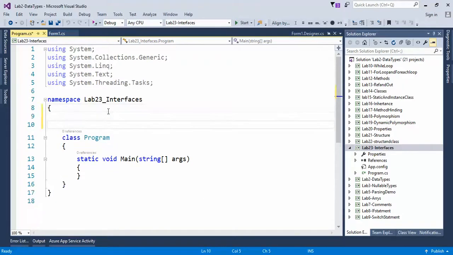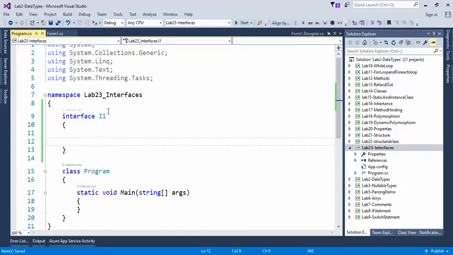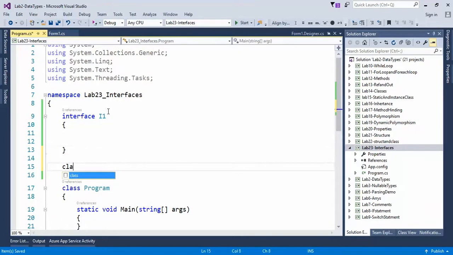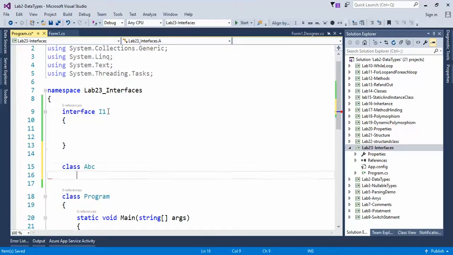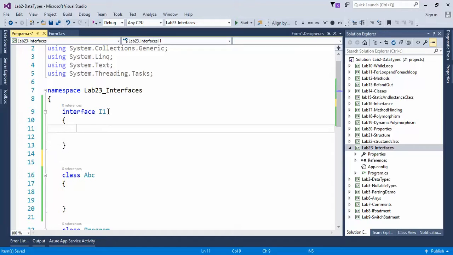If I write interface I1, this is the interface. And I am having one class C. And here I write interface. You can see here, if I write one field,